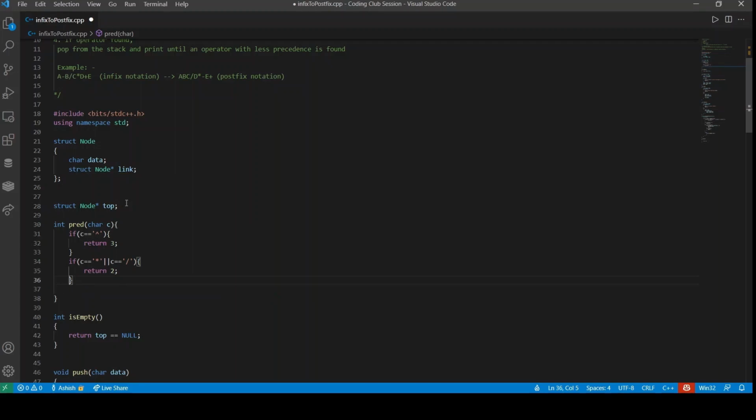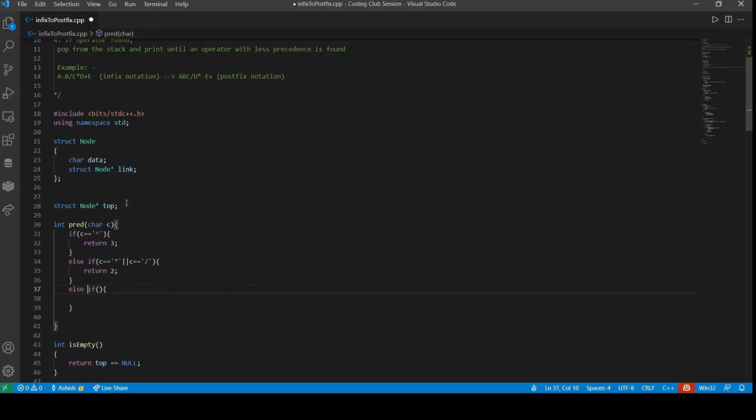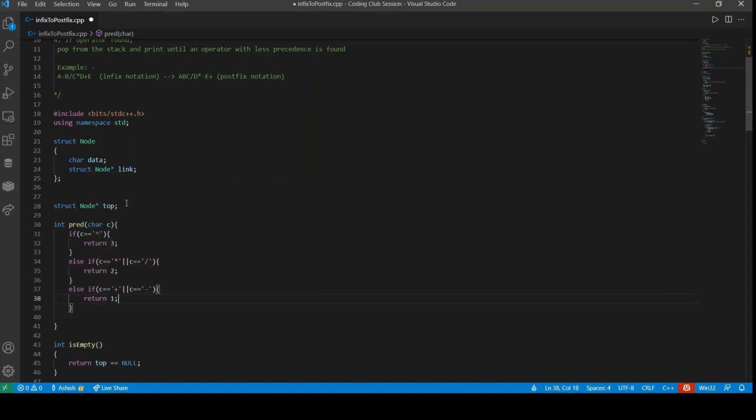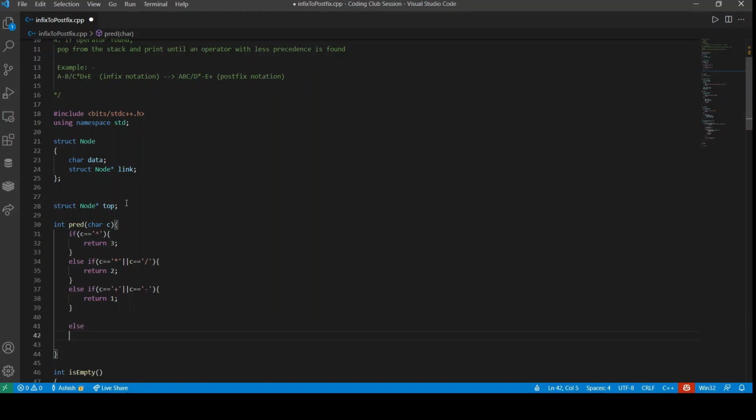Else if c is equal to plus or minus, as they have the same precedence, return 1. And else return -1.